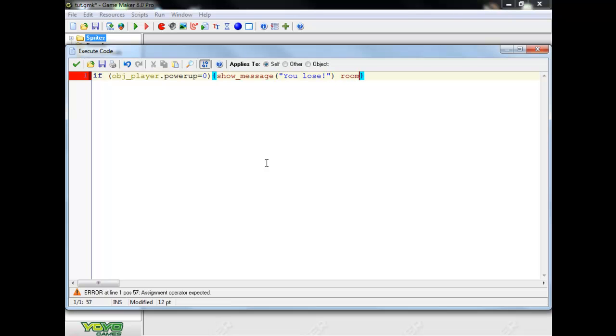So room restart, like that. And now if the player has a power up, then instance destroy,